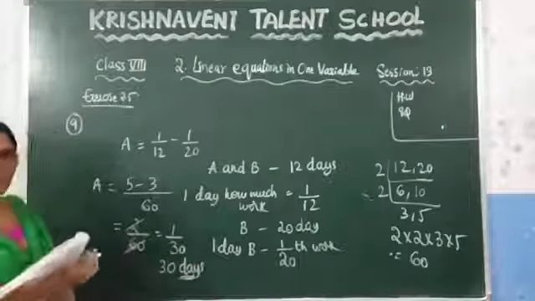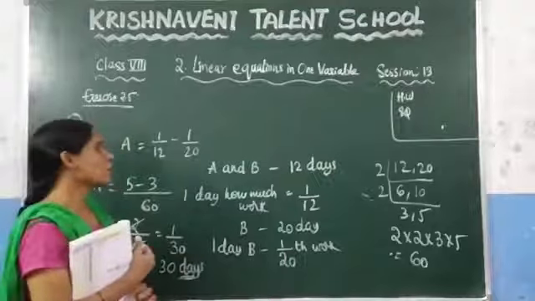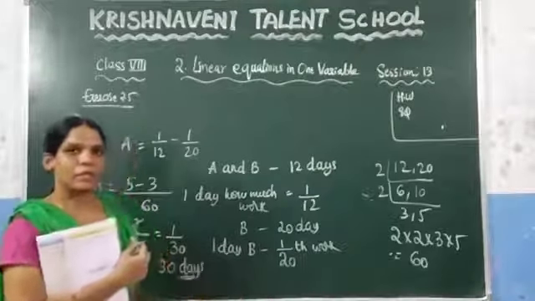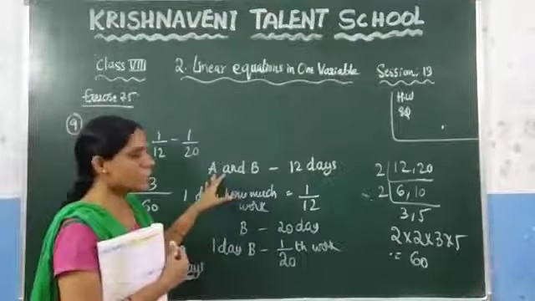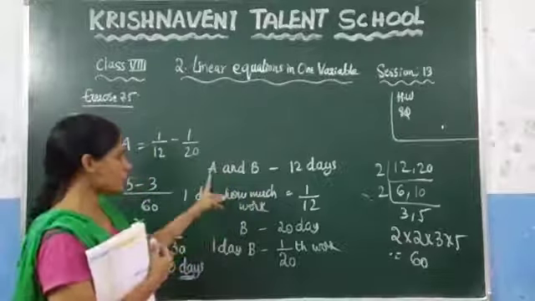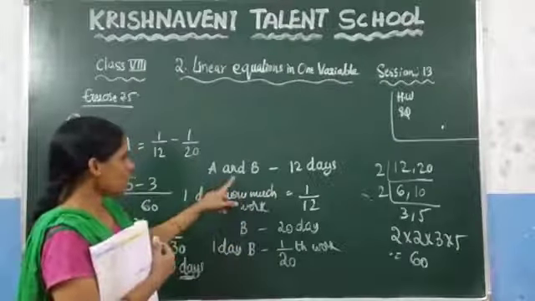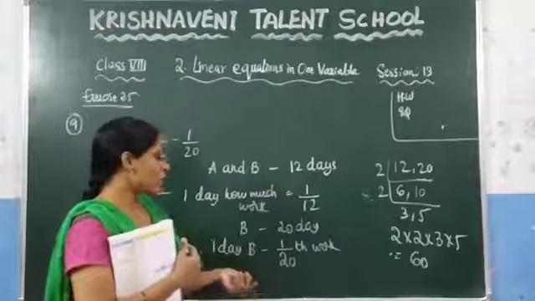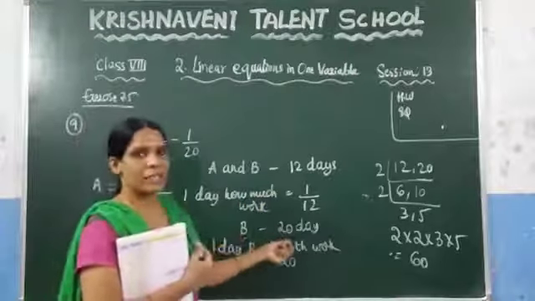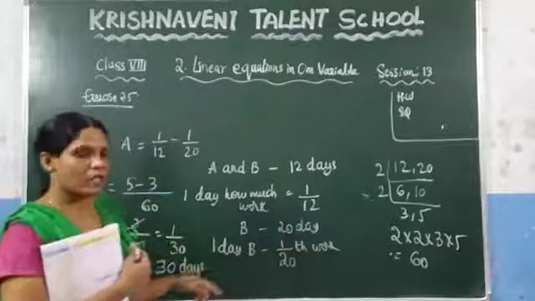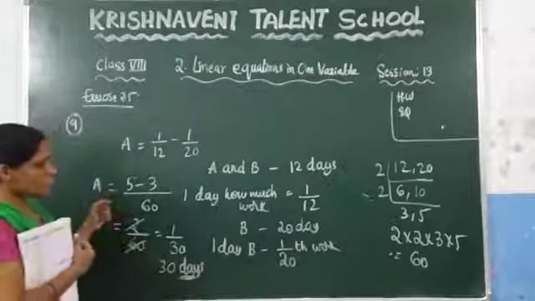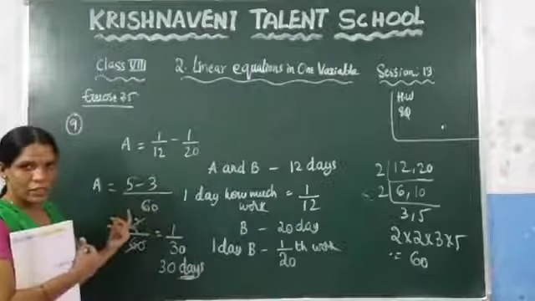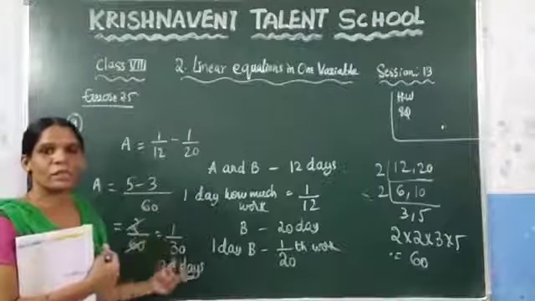This is the problem. Again, what I have given here is one work that two persons are completing. Let us consider those persons as A and B. A and B complete one work in 12 days. The same work, B takes 20 days to complete. And in the question they asked, if A has to do the same work alone, how many days will he take to complete it?